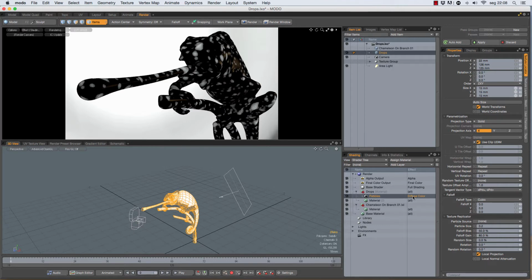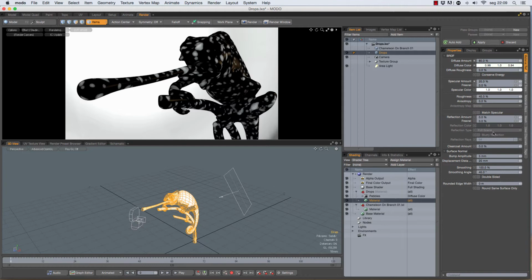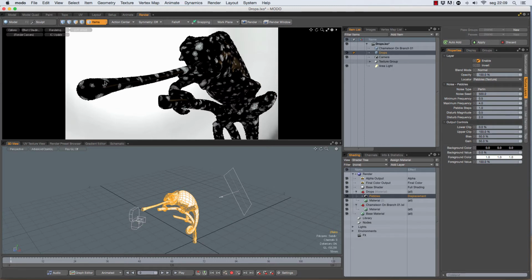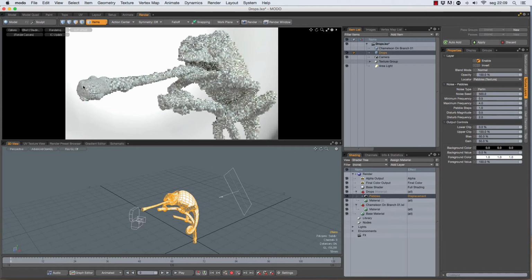And I will change this effect to displacement, but before, watch out that you have something reasonable here in the displacement distance, like 2 millimeters should be okay also. And right click, displacement. So as you can see, we are starting to see our drops. And now basically we want to cut all the areas that are not being displaced so that we can show the base chameleon. And for that we'll use a little trick, which is to duplicate this effect,